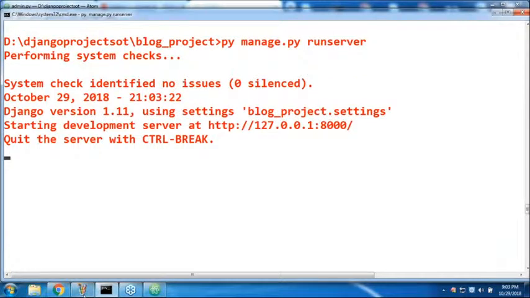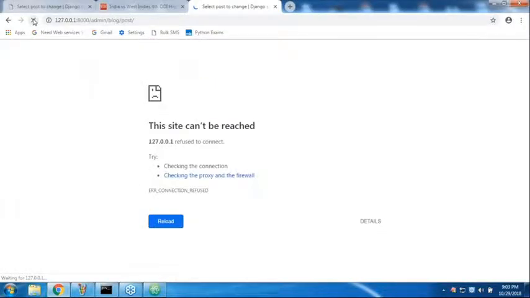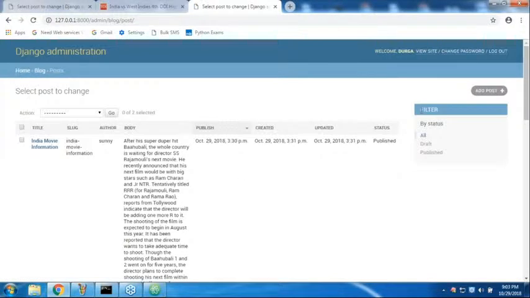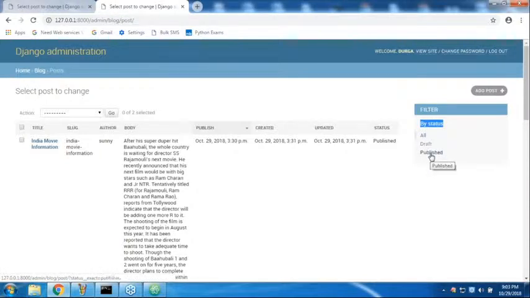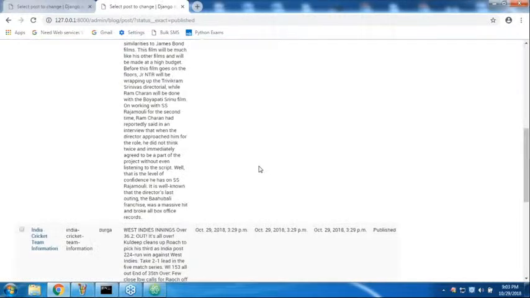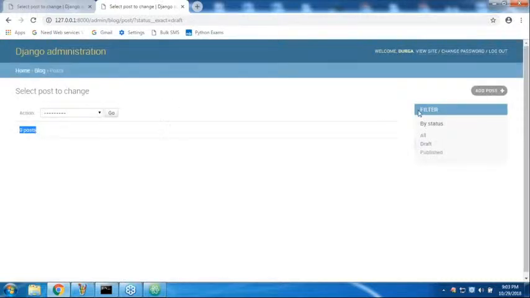Now have a look once, sir. Have you observed, right? Filter. Earlier it looked like this, no filtration. But now, are you in a position to filter or not? Filter by status. Do you want all, draft, or published? I want published, then automatically two posts are available. I want draft, then for draft status no posts are available, because both posts are considered as published. That's why, if you want this filter ability, then automatically we have to take, sir, here list